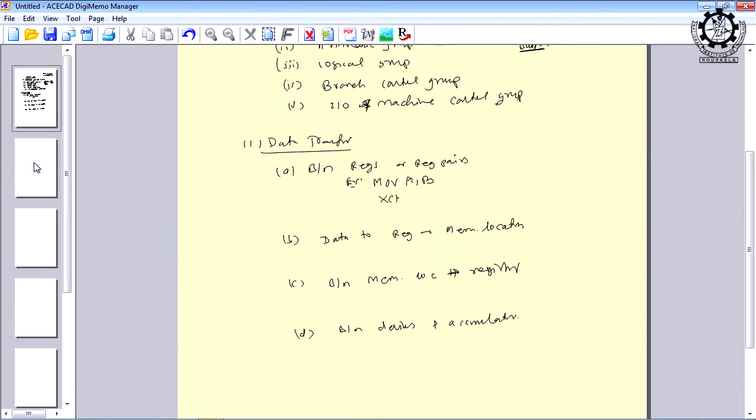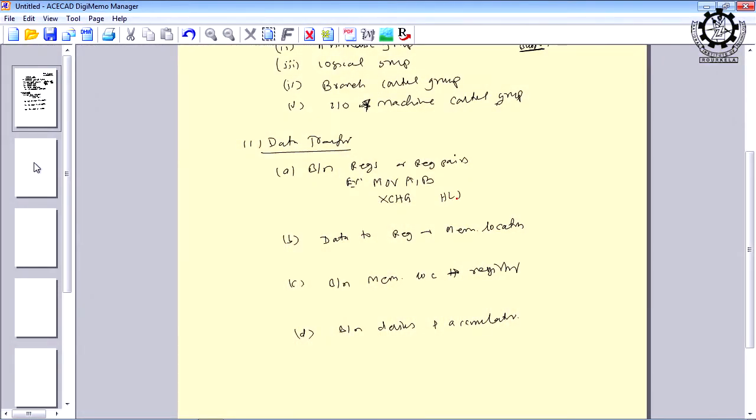Similarly, XCHG, exchange. What is the meaning of this? We are transferring the data between register pairs, HL with DE. We use the content of the register, which you can write within square brackets, which is our conventional notation.